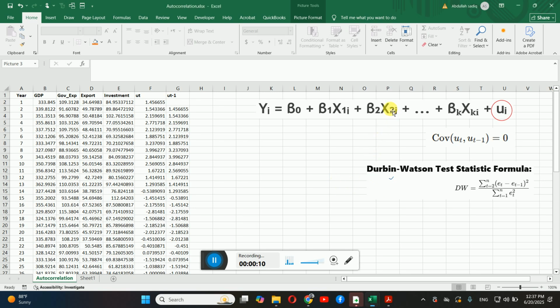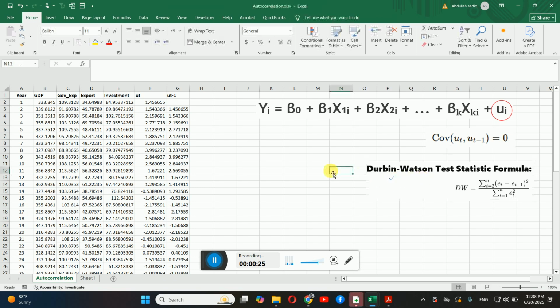Dear students, in our previous sessions we have covered and discussed the issue of autocorrelation, and there you have learned how to detect and find the issue of autocorrelation using the Durbin-Watson test. But keep in mind, dear students, this Durbin-Watson test is just not appropriate in most situations. In most cases, we are not using the Durbin-Watson test, and there is an alternative method, inshallah, I'm